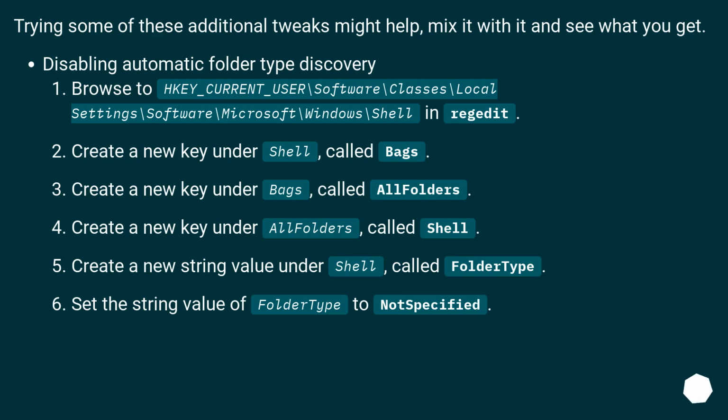Trying some of these additional tweaks might help. Mix them and see what you get. Disabling automatic folder type discovery. Browse to HKEY_CURRENT_USER\Software\Classes\Local